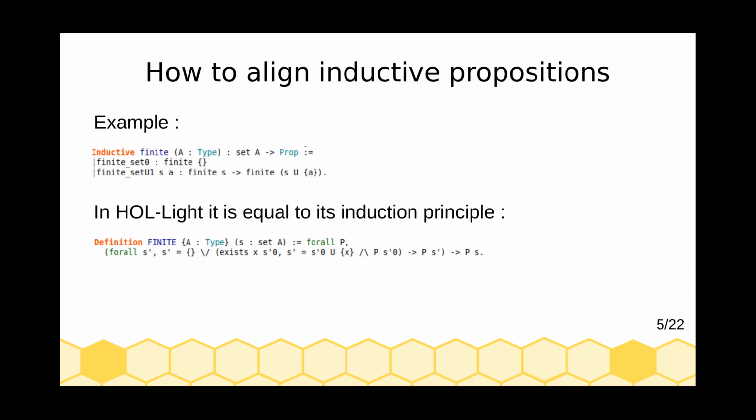And the thing is that this induction principle is not actually the same as in Rocq. Instead of having implications and forward quantifiers that you would usually have, in Holite you do have disjunctions and existential quantifiers. So to prove equality, what we'll do is basically use propositional and functional extensionality. We'll do induction on both principles, but then we'll have to show how they are equivalent, although they are defined